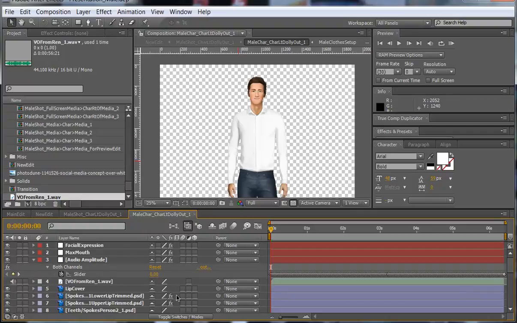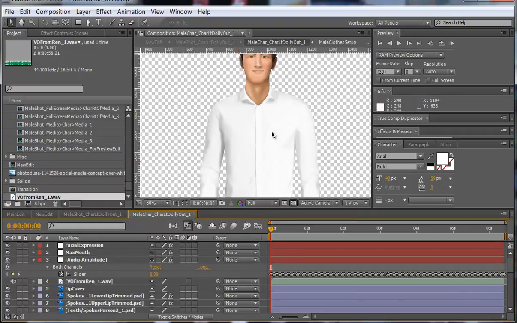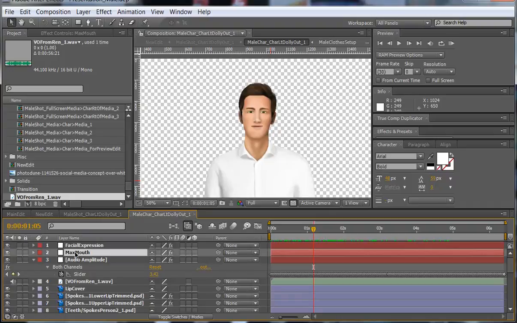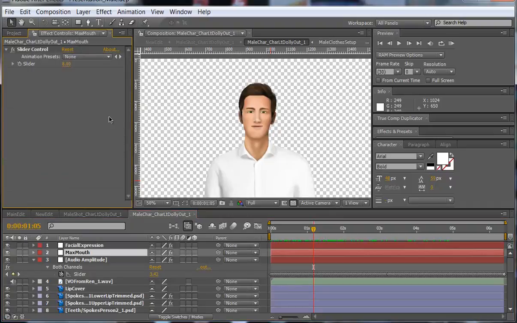And at this point you can see, as we zoom in here, we already have the mouth movement, but he's opening his mouth a little bit wider than I would like, so that's why we have the max mouth setting. If you select that and then go up to the Effect Controls panel, you can see the slider that we need to adjust here to get the